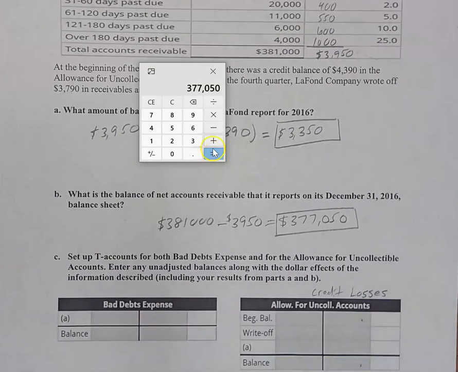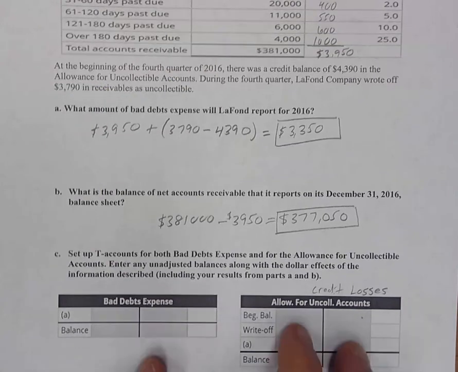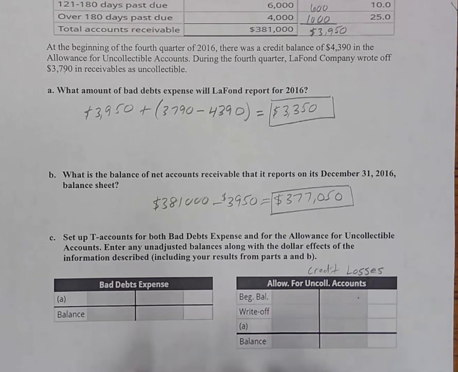Okay, so let's move some of this stuff around, including the calculator. And then we have one more section to do. So it says set up T accounts for both bad debt expense and allowance for uncollectible accounts, enter any unadjusted balances along with the dollar effects of the information described, including your results from parts A and B. Okay, so what I would do, how I would do this, if it were me, is I would start